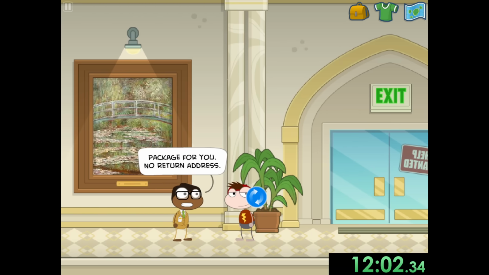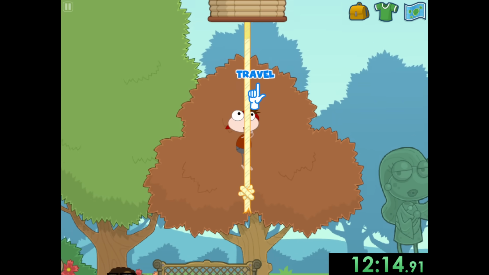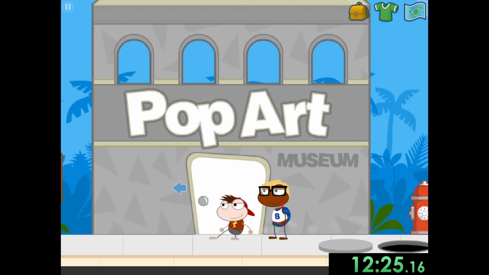Now, as soon as we get to the museum, someone tells us that we got a package, and it turns out it's Starry Night. Yeah, this is kind of insane. So what we're gonna wanna do is go back onto our blimp so we can travel to other islands. Yeah, cool thing about this mission is we actually go to a different island, early Poptropica, and we go to